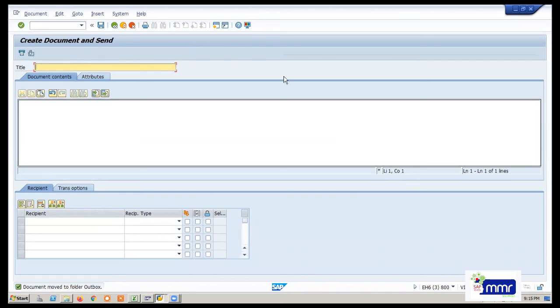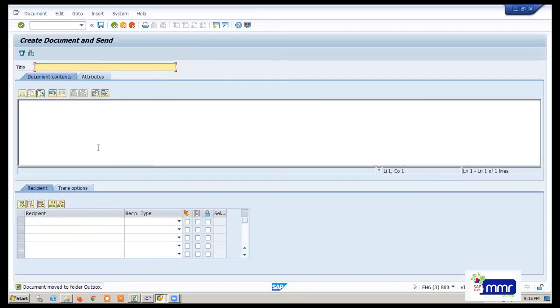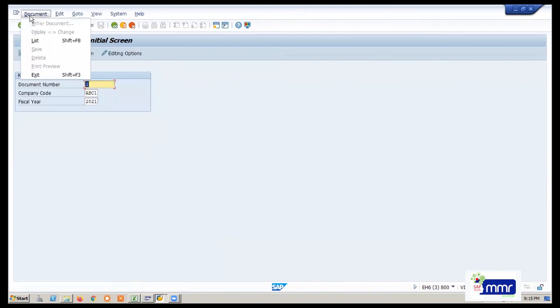Generally, in any document posting, can we attach an external document? For example, if I am posting rent, I get a rent receipt from our side. Can I attach it as a background document? Yes, you can attach it on the attachment screen at transaction posting time.